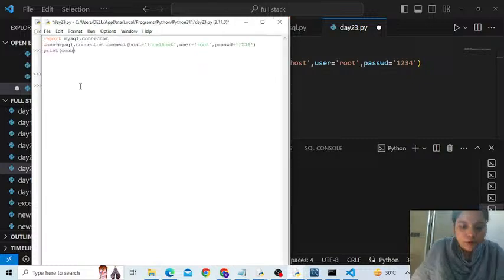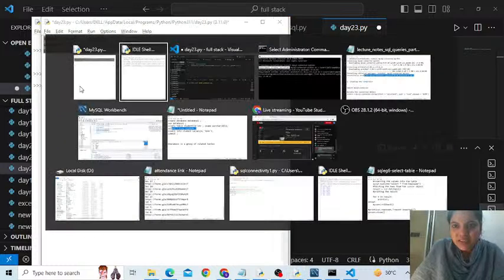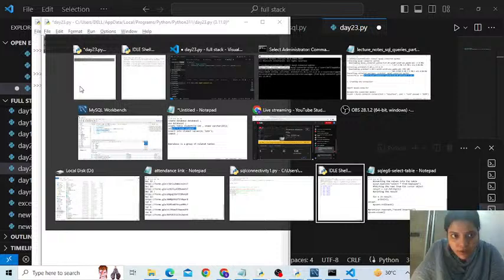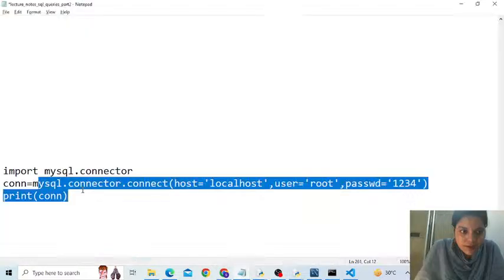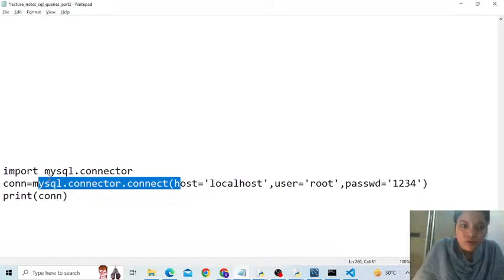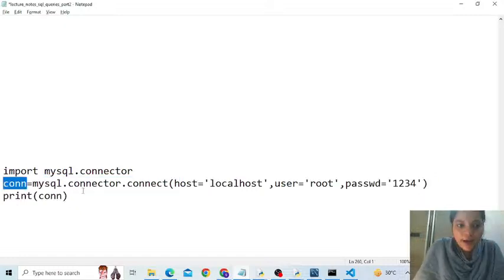For those who can't see what I'm typing here, see, this is what I'm doing. So whatever has been returned to me by the connect function, I stored it in my variable conn. And if I try to print this,